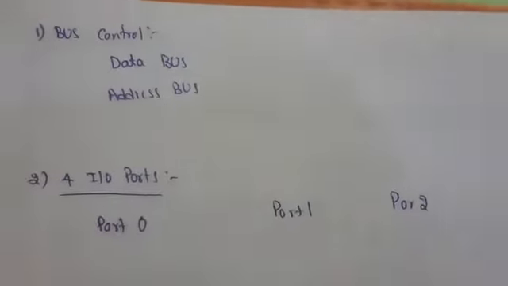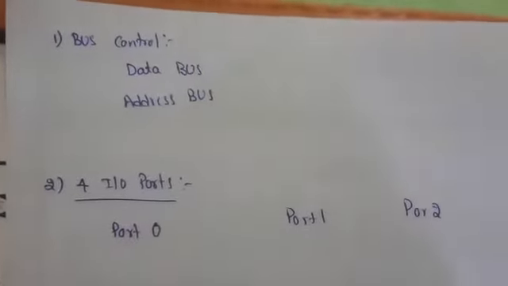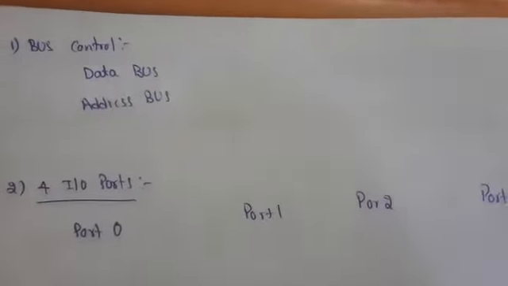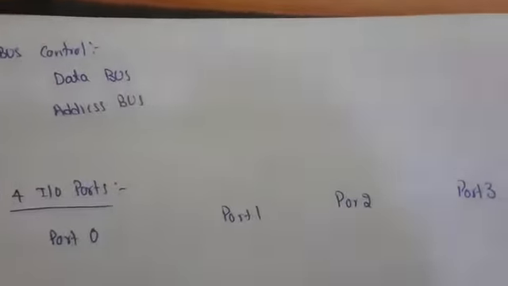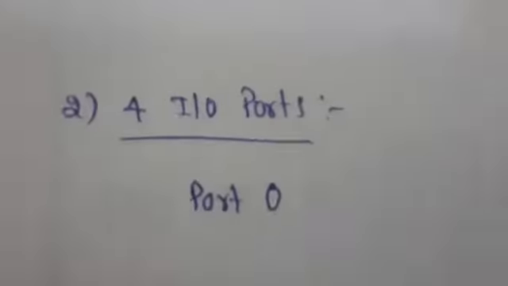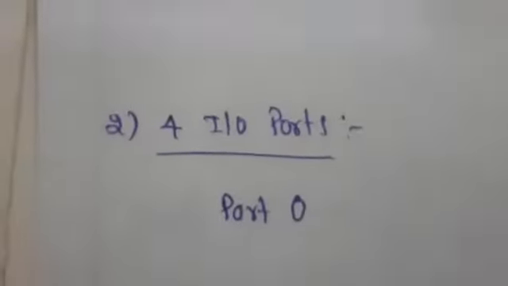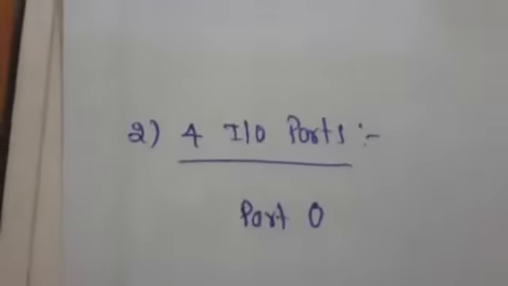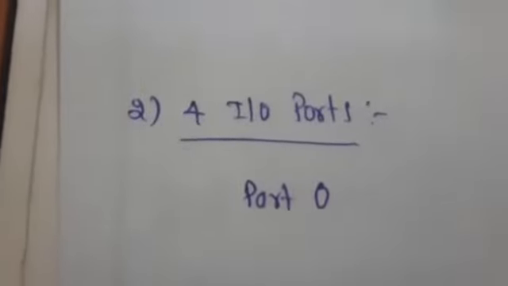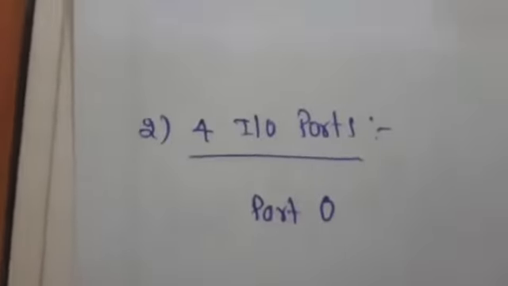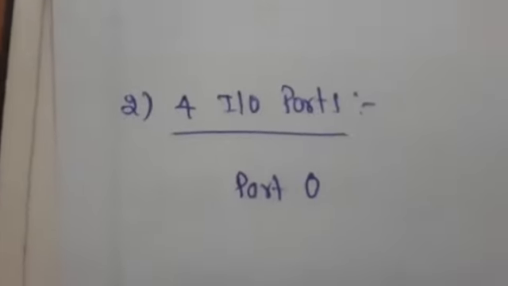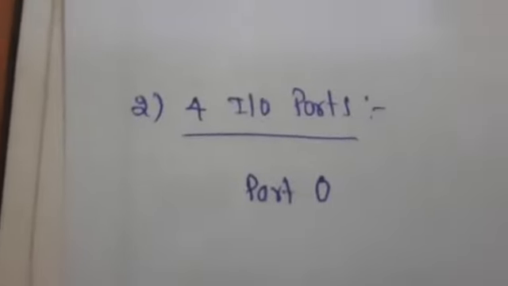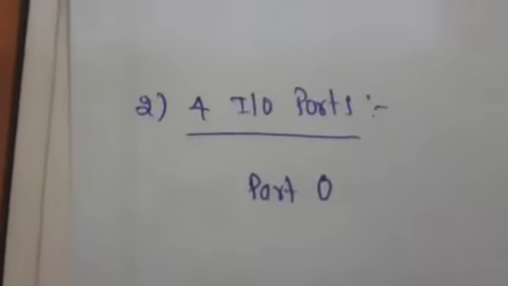Second one, 4 input or output ports, and these ports are general purpose parallel input or output ports. So we are having 4 input or output ports, that are port 0, port 1, port 2 and port 3. Now coming to port 0, if it has no external memories, it can access general purpose input or output ports. Next, if external memory is present, then it acts as a multiplexed address and data bus. So we can say that it can play a dual role.